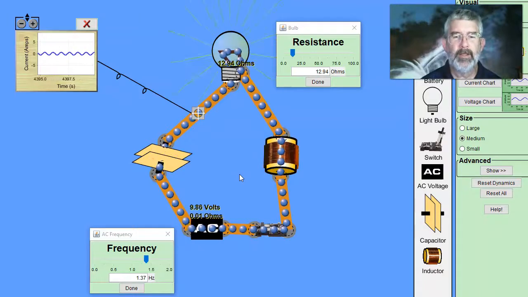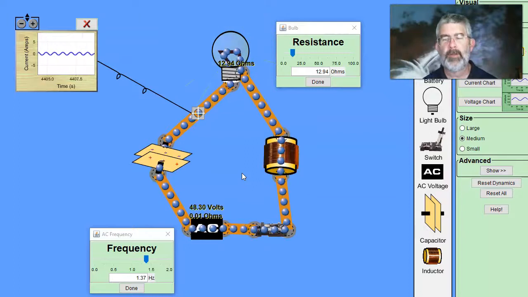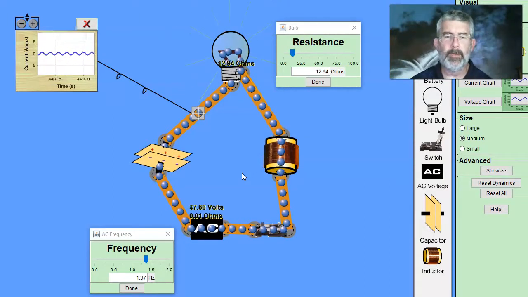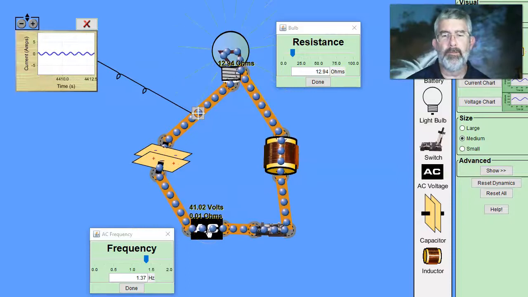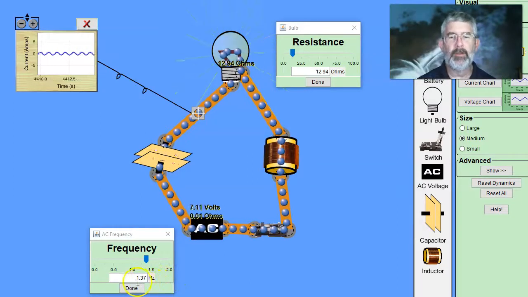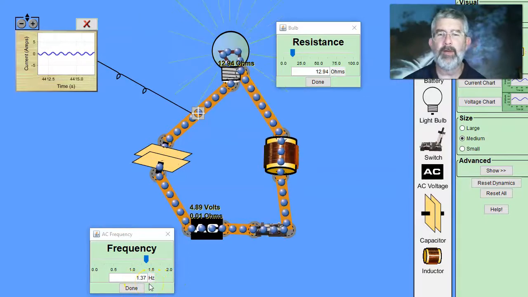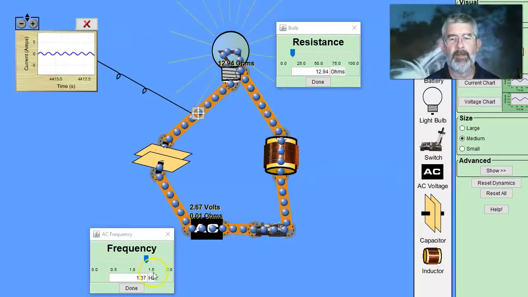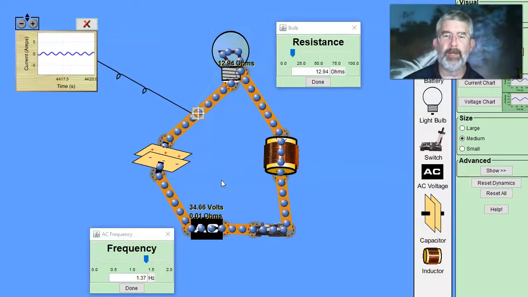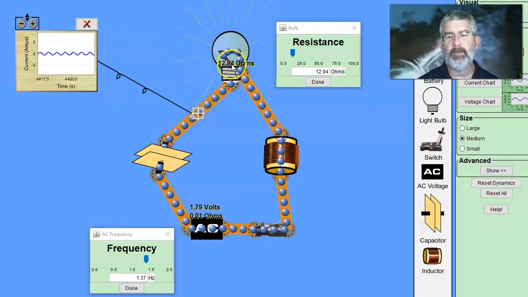Now, what I have right here is the inductor and the capacitor set up so that they want to vibrate by themselves in about one cycle every 5 seconds. So about 0.2 hertz, cycles per second. The voltage source here is currently doing 1.37 hertz, so it's not vibrating at the same frequency that these two want to vibrate at. And because the light bulb is there, that's a resistance, it damps out everything that the